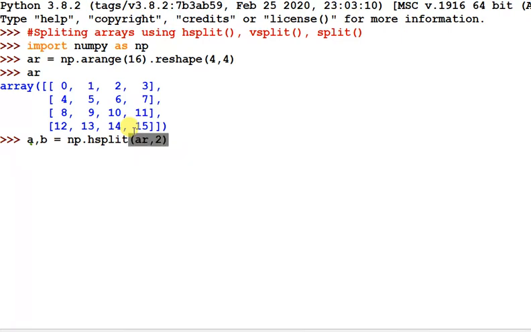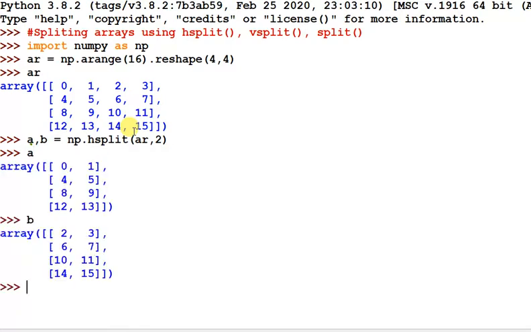I am passing 2, because it will divide equally by 2. So for a and b, look here, the first 2 columns are assigned to a and the rest 2 columns are assigned to b.